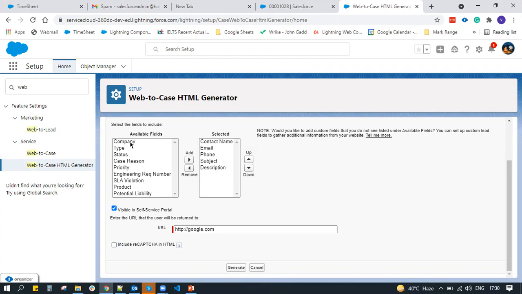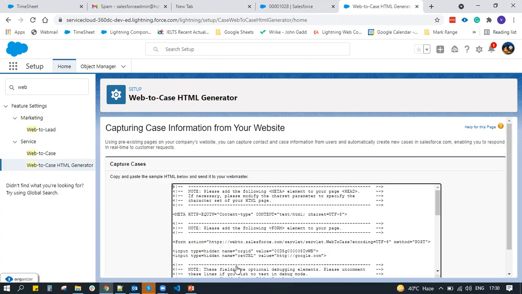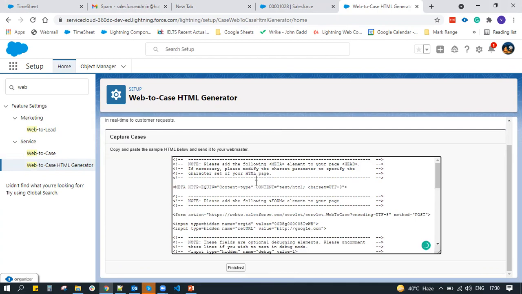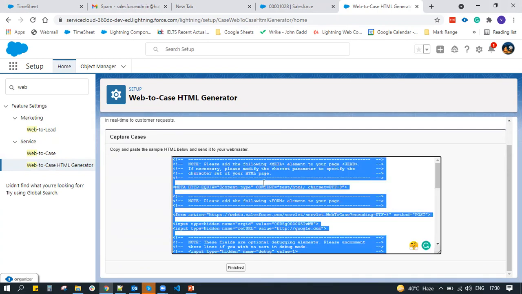From here, you can select the fields that need to be added on the form. For example, you can select status, you can select reason, you can select priority, right? And click on generate. It will give you a code. Just copy it and put it on Notepad.